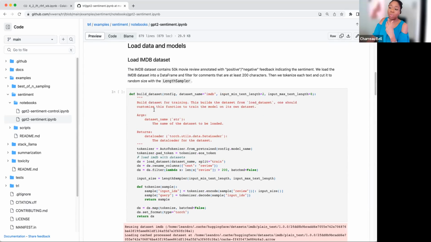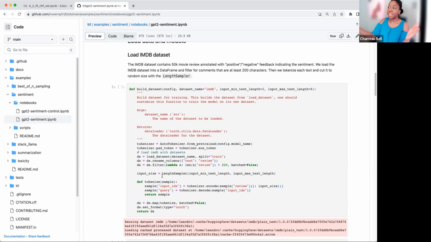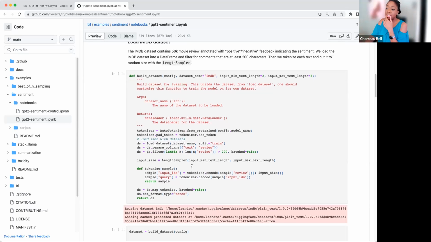Here you see what we have done. It's just that this is doing a lot more things to get the data in the way that they want. Essentially, this is building their data set. You can see that they have the tokens. They set the pad token to be the end of sequence token. They're loading the data set. They're renaming some columns. They're taking out things that are too short. Then they are making this data set into a particular shape, and they're doing some tokenization.